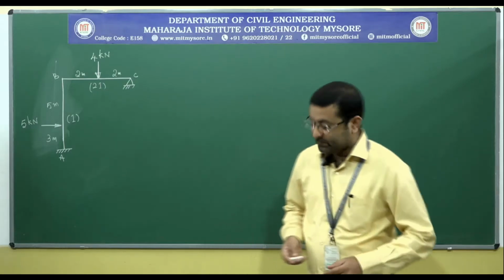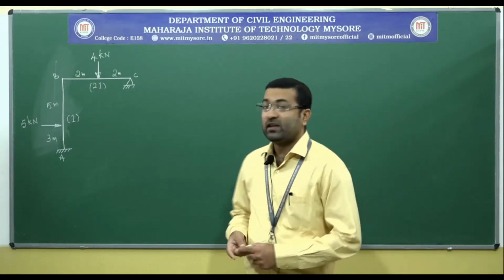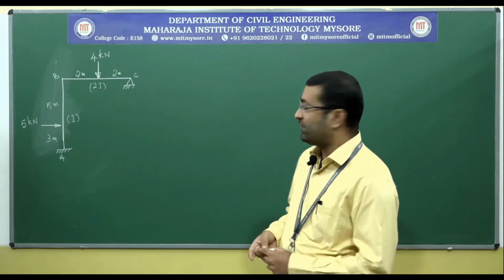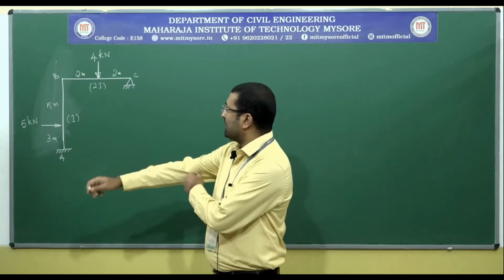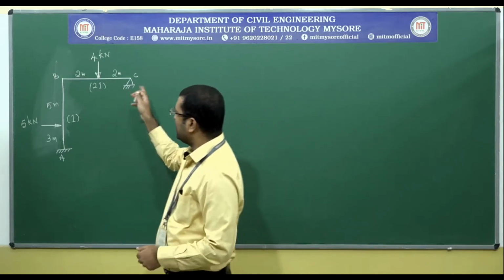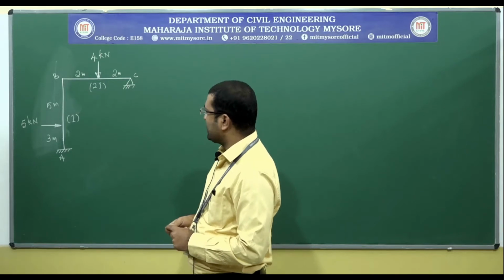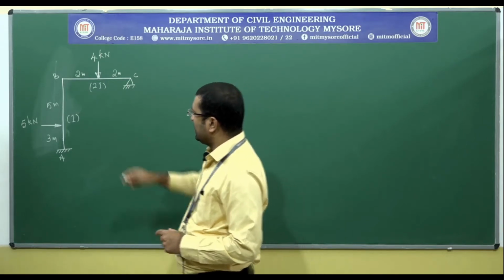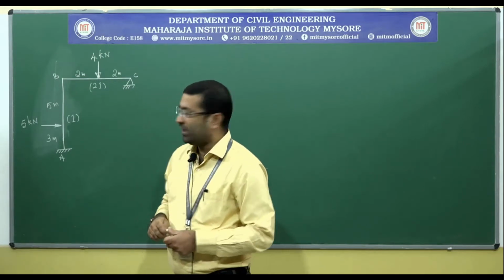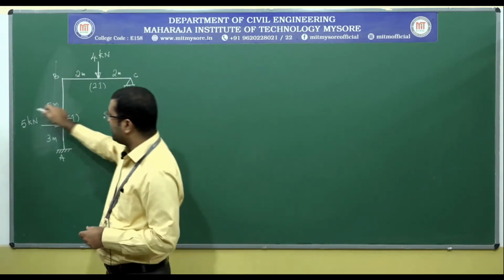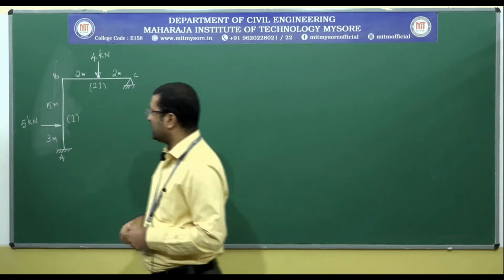Hello guys, today let me solve one more problem on the frame. Okay, so the diagram is here. This is a bent frame on which two point loads are acting. The height of the column AB is about 8 meters, on which we have a lateral load, a concentrated